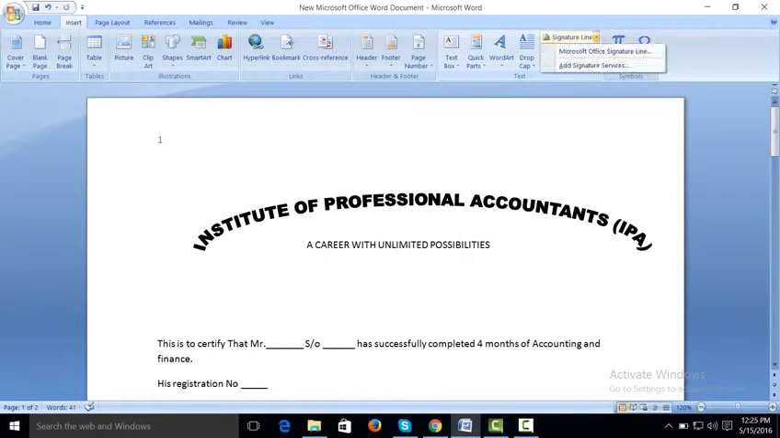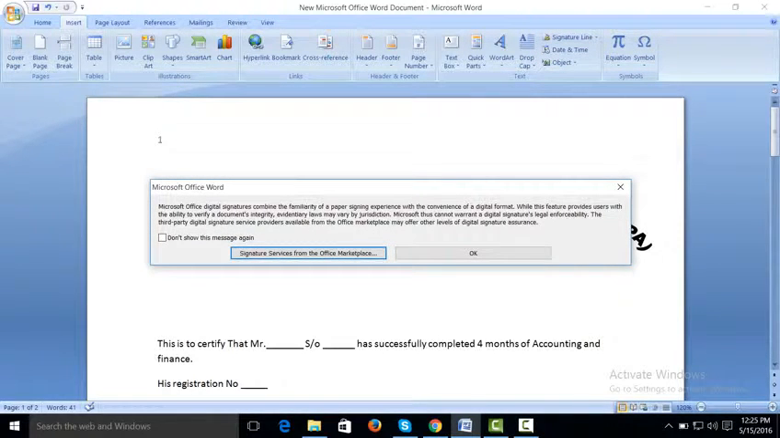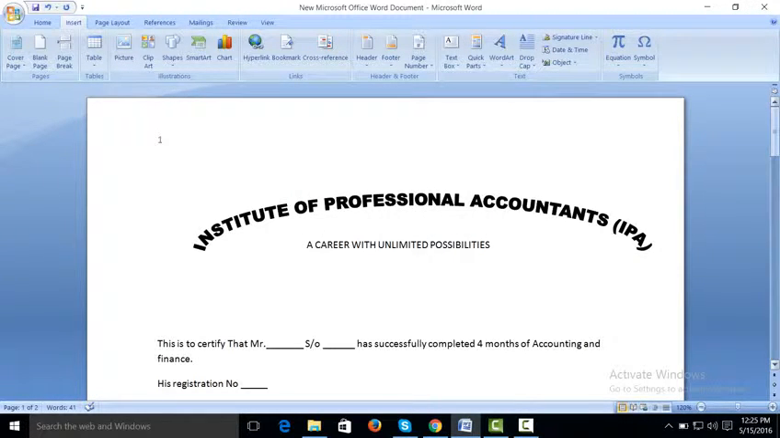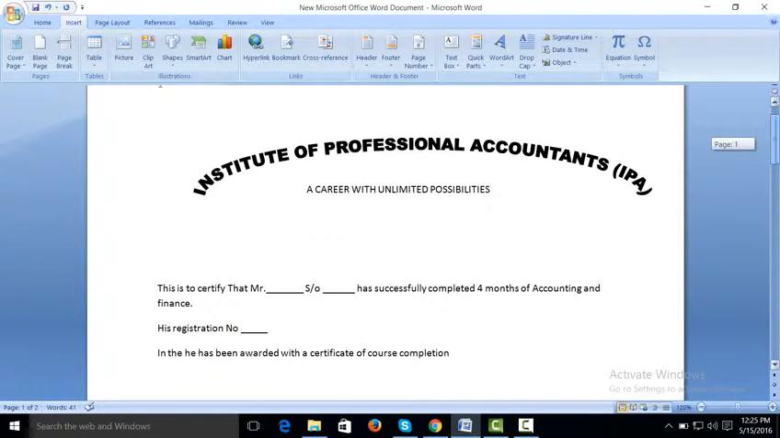Signature option, you can click on signature, Microsoft Office signature line. It will automatically suggest signature. Suppose Mr. Ahmed. Signature title, suppose manager, admin and accounts, then OK. Now you can see